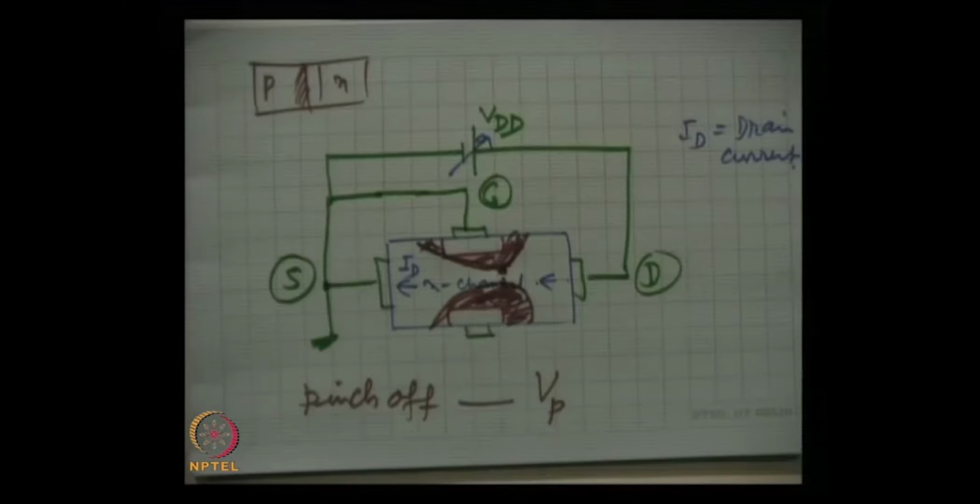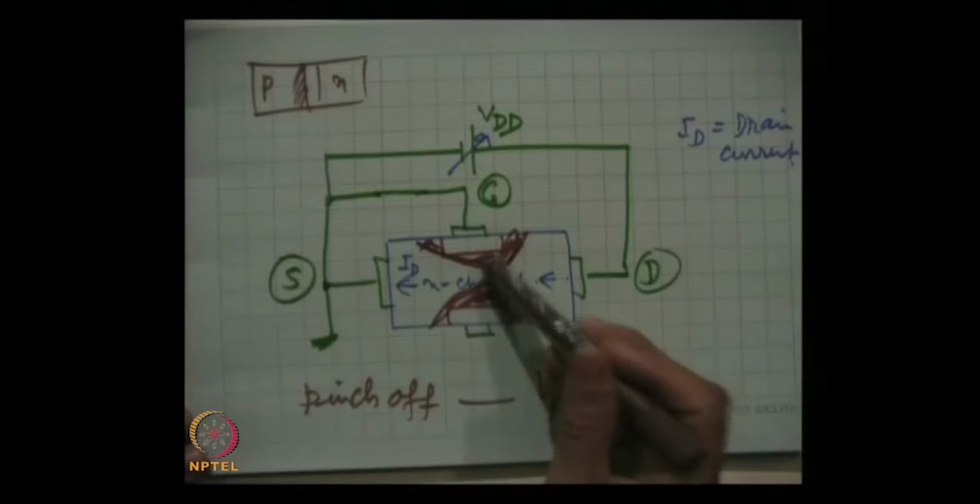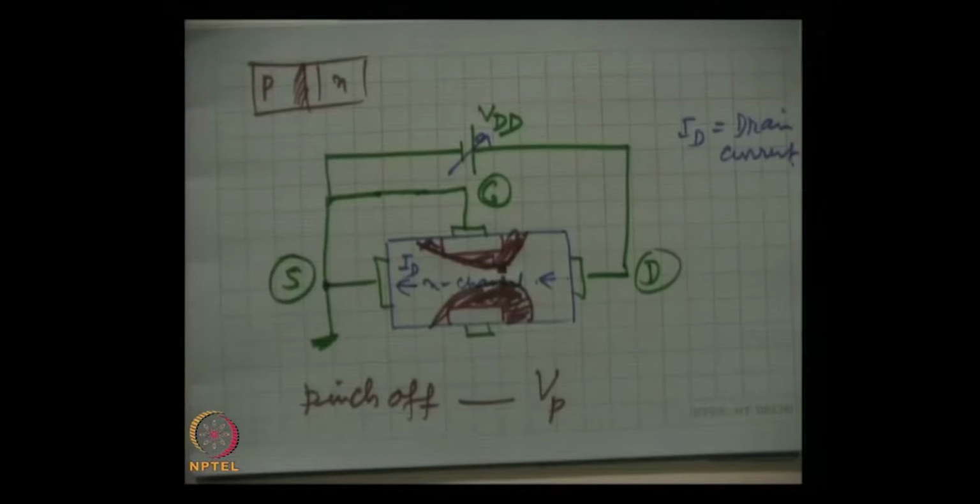And now this is not difficult to follow, that because of this spread of the depletion region, the channel conductance, the conductivity of the channel, is changing, it is falling. I am sure you have not forgotten that the depletion region is a high resistivity region, and so the channel width falls and the resistance will increase. So, the current levels off, it becomes constant.